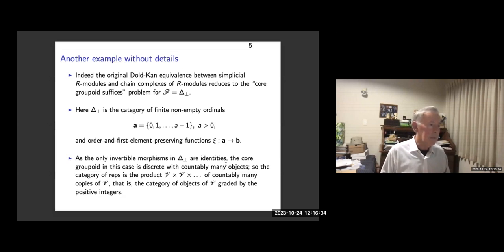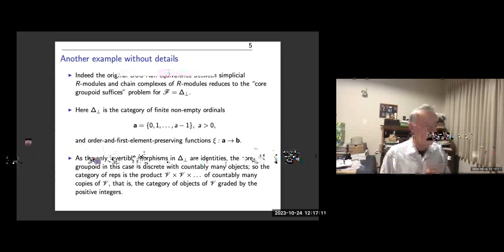I think Kan did it just for abelian groups as the receiving category, where R is Z. It turns out that this problem does reduce to a groupoid suffices type problem. This is in a paper of Steve Lack and myself,